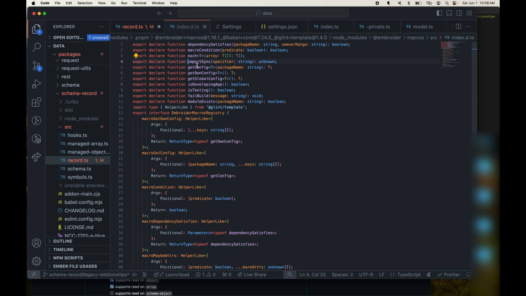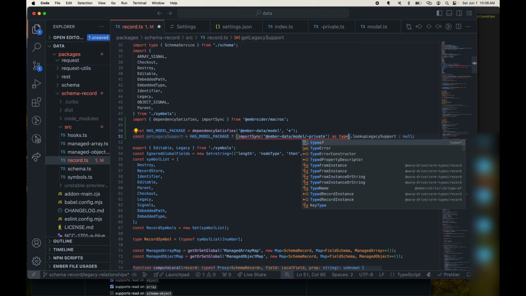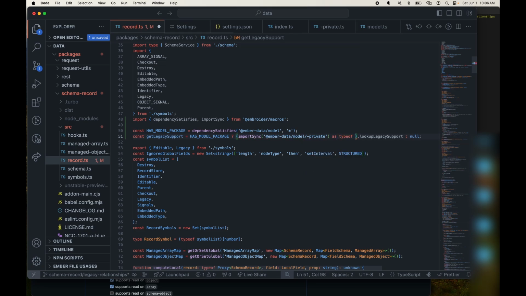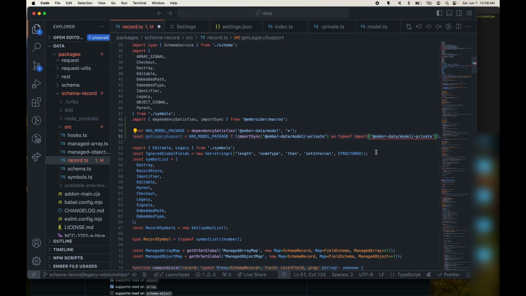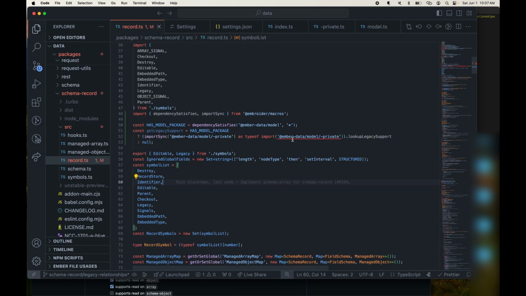Yeah, we should PR a fix to this, but it just means we have to cast. So we do it like that, as typeof import. We'll just do the dynamic import here. And then